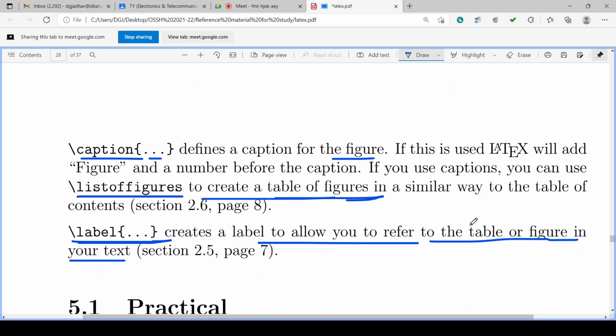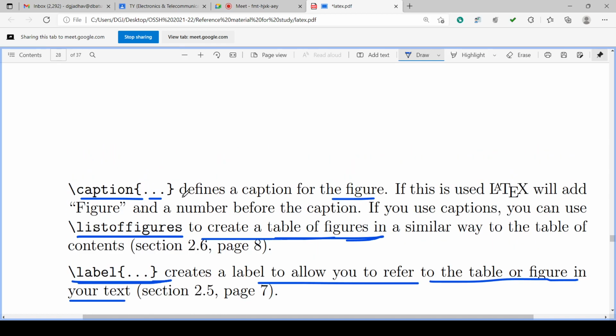Then we can have the caption command, caption with curly brackets for the figure. Okay. That caption command will generate the word figure and the figure number automatically, and it puts the caption after the figure number, say 1.1, 1.2, 1.3.